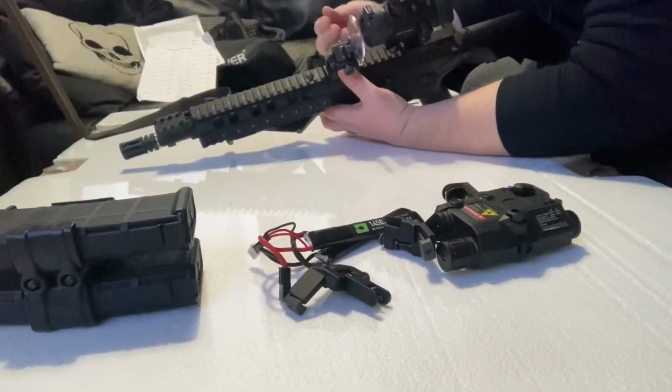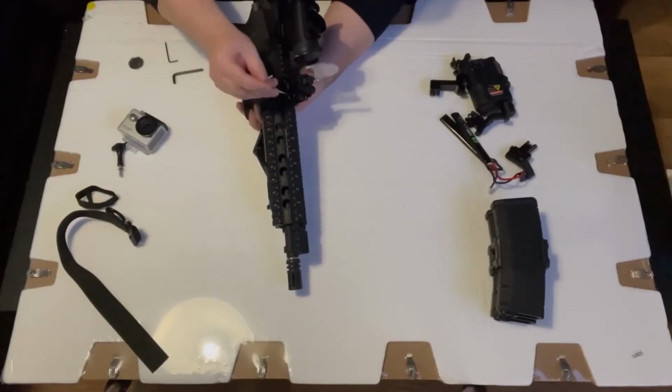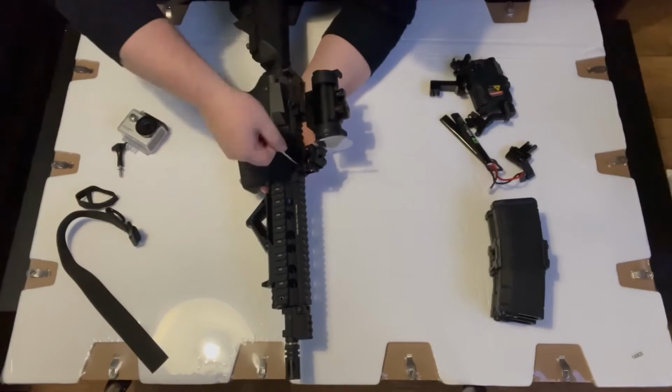And one of the little design features I quite like on this, which is that little hole. I'm getting my thumb and just holding it nicely in position. It goes on nice and easy. There we go. Now, so that can unscrew,